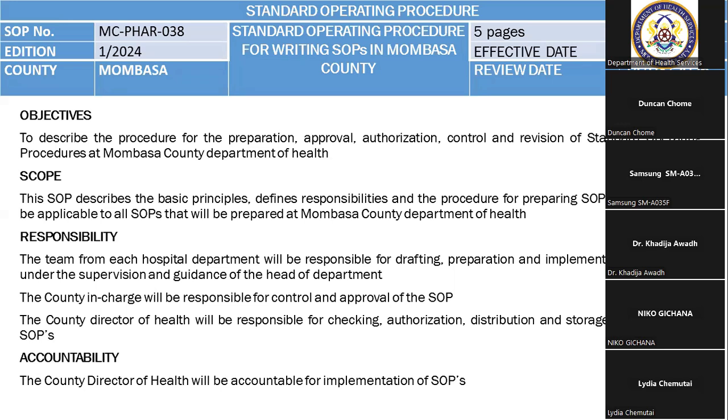There's a way of control. Remember, quality control is what you're looking for, and when to revise it. We'll talk about scope. Scope just shows what the basic principles are, and who the people are these SOPs are going to affect, which particular area. Is it Mombasa County Department of Health? Is it agriculture? Because we're in the Department of Health, this is an SOP for Mombasa County for the Department of Health that will